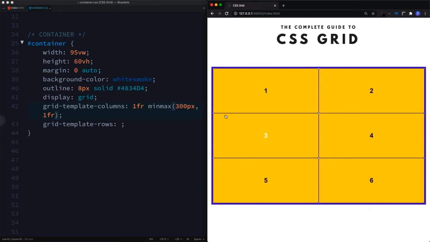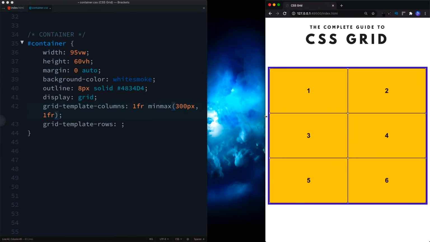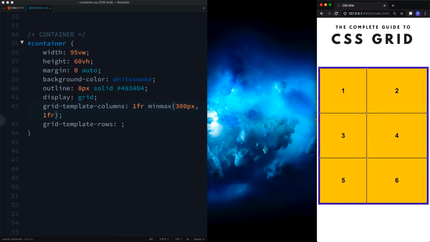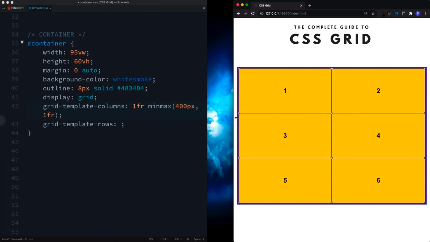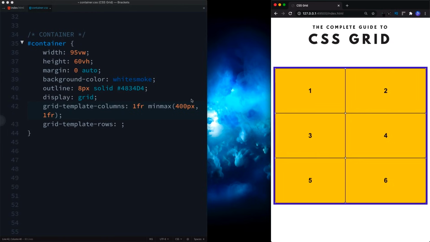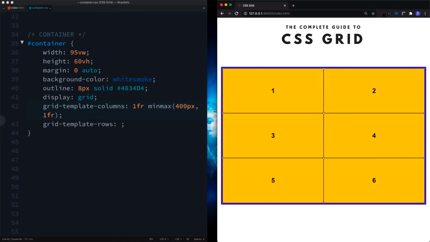So at the moment then they both look the same, but let's go ahead and shrink our viewport width down, and let's see what happens. So they're both shrinking at the same sort of rate, but at this point here you can see that it's only the first column that shrinks, and that's because our second column here has hit the min width of 300 pixels. Min comes first, then max. We can probably see this better with 400 pixels actually, so let's just change this to 400, and again they both shrink at the same rate, but at that point there the second column hits that 400 pixel minimum width, so it's not going to go any smaller than 400 pixels, but our first column here of 1FR continues to shrink. Okay, so that's the min-max function.